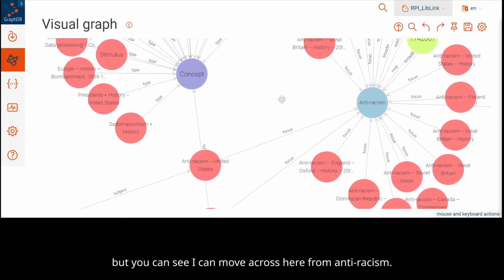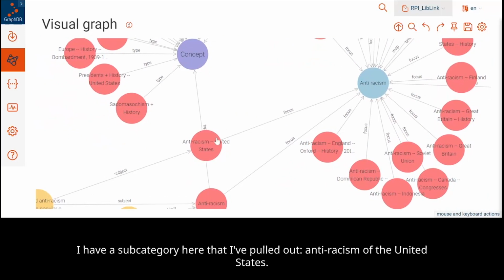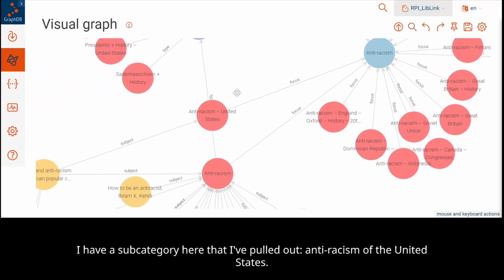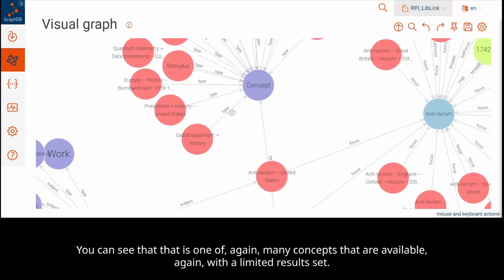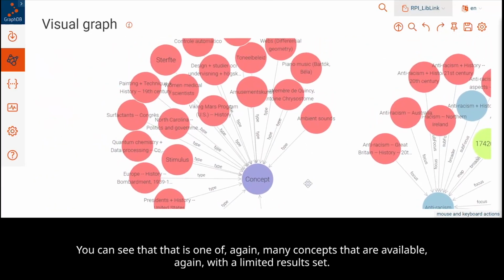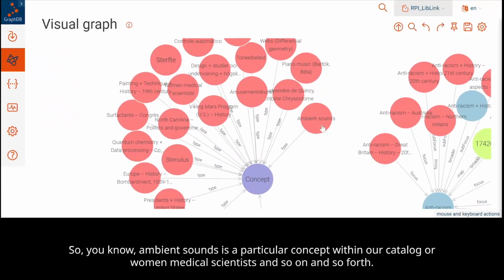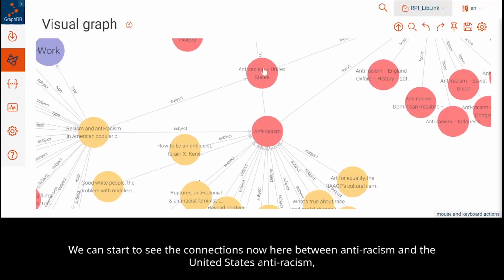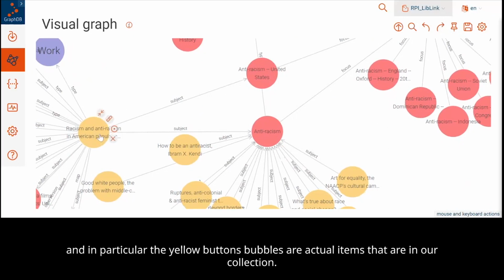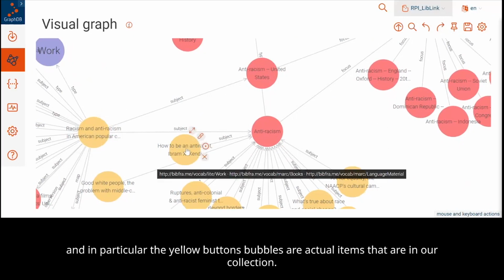But you can see I can move across here from anti-racism. I have a subcategory here that I've pulled out, anti-racism of the United States. You can see that is one of, again, many concepts that are available, again, with a limited result set. So, ambient sounds is a particular concept within our catalog, or women medical scientists, and so on and so forth. We can start to see the connections now here between anti-racism in the United States, anti-racism, and in particular the yellow bubbles are